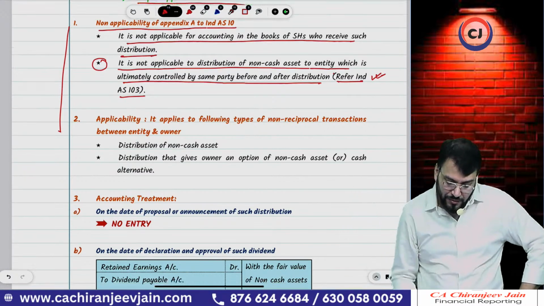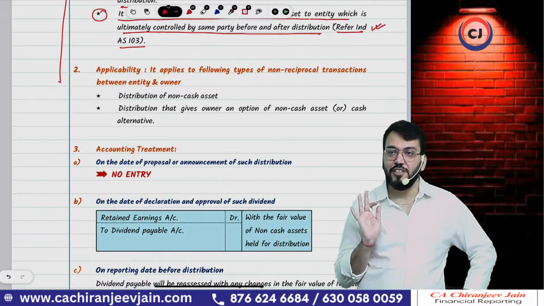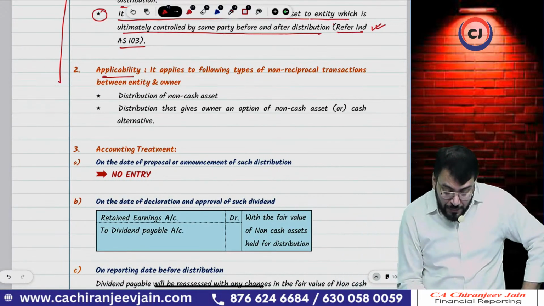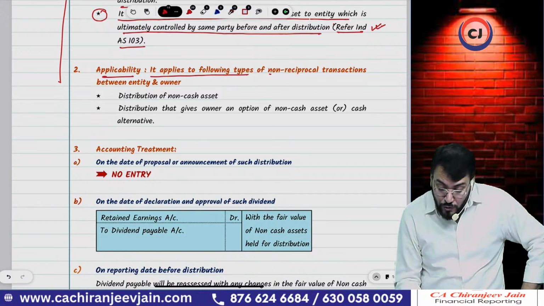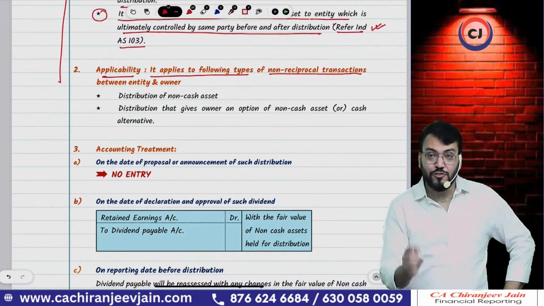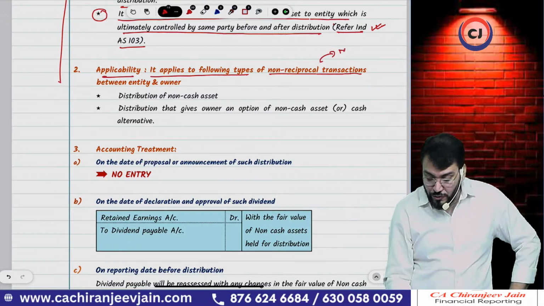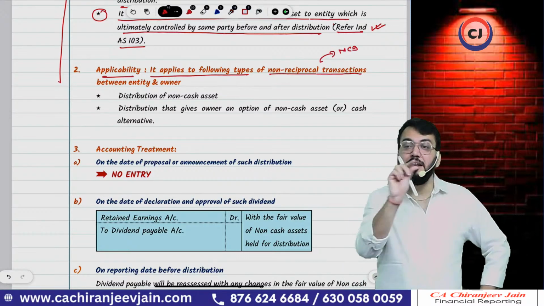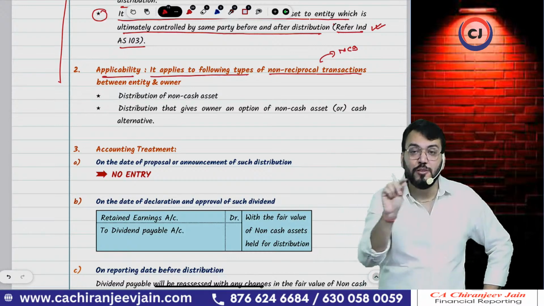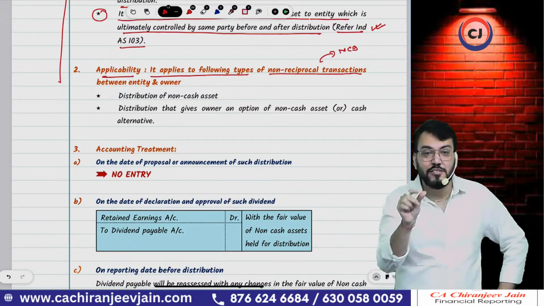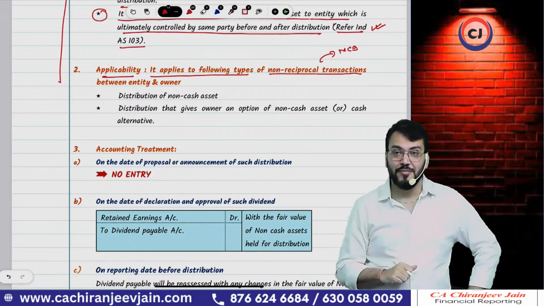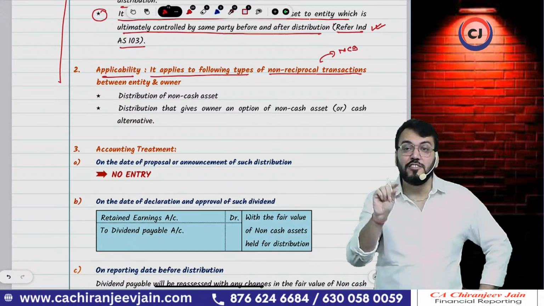You can add a question mark. Right now the question mark is there. Applicability: it applies to the following type of non-reciprocal transaction. Understood? Non-reciprocal transaction. This can be a part of MCQs. They will say Appendix A to Ind AS 10 is applicable to reciprocal transaction, non-reciprocal transaction. They will give two more options. It is applicable to non-reciprocal transaction